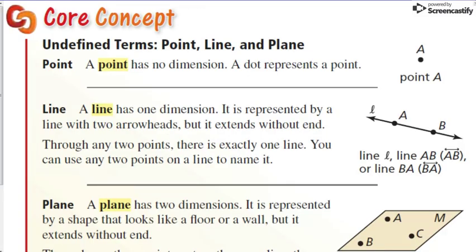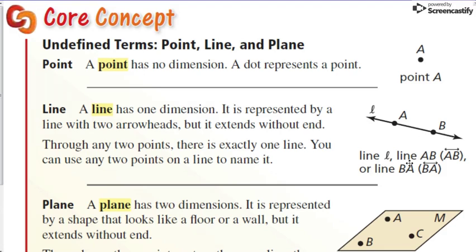Let's get started. So a point has no dimension. A dot represents a point. So you can see over to the right-hand side that point A is represented by a dot with a capital letter A above it. A line has one dimension. It is represented by a line with two arrowheads, but it extends without end. So you can see that there is an arrow at both ends